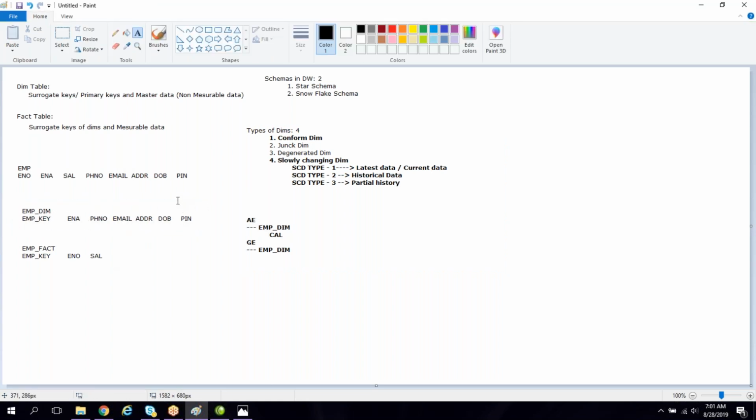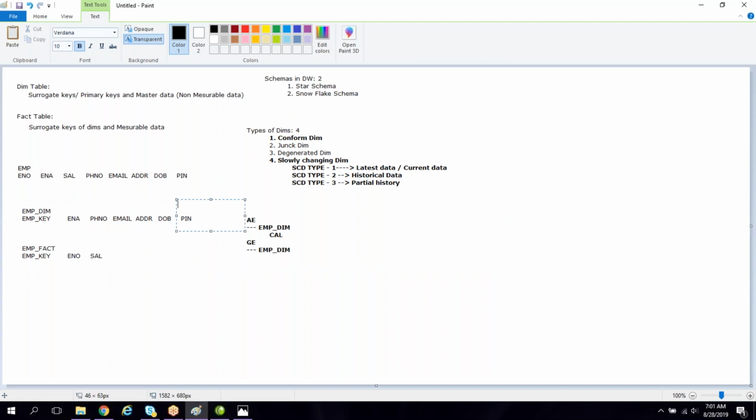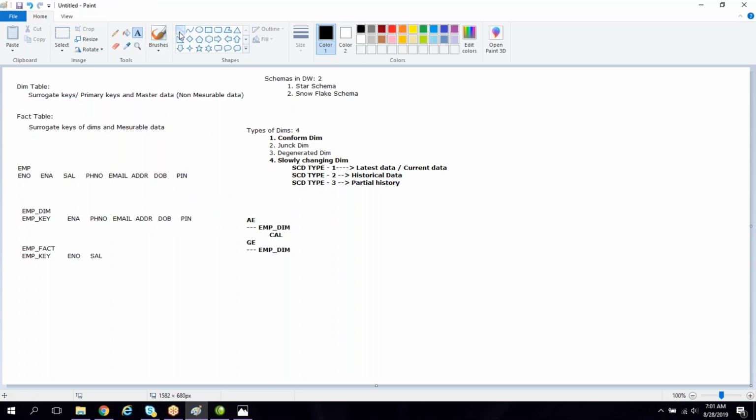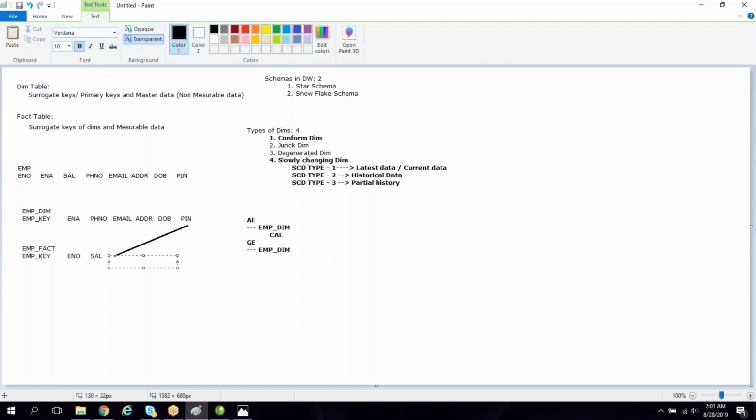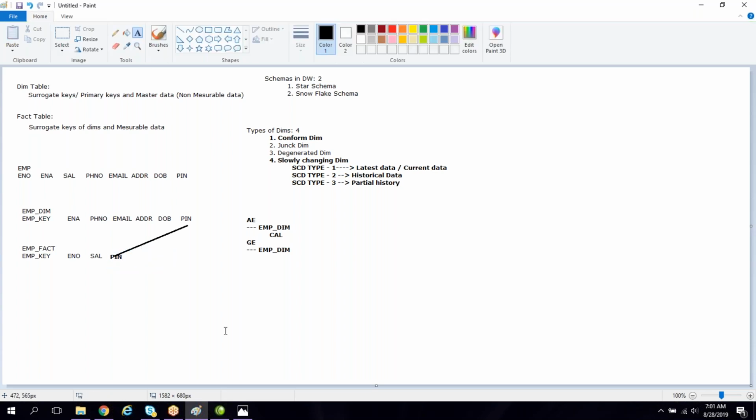So in this dimension, this column is a pin code, which is a non-measurable column. Sometimes it is also required to store this column in a fact. If you store any non-measurable column in a fact, generally this will never happen. So if you store like this, apart from the surrogate key columns from the dimensions and measurable values,